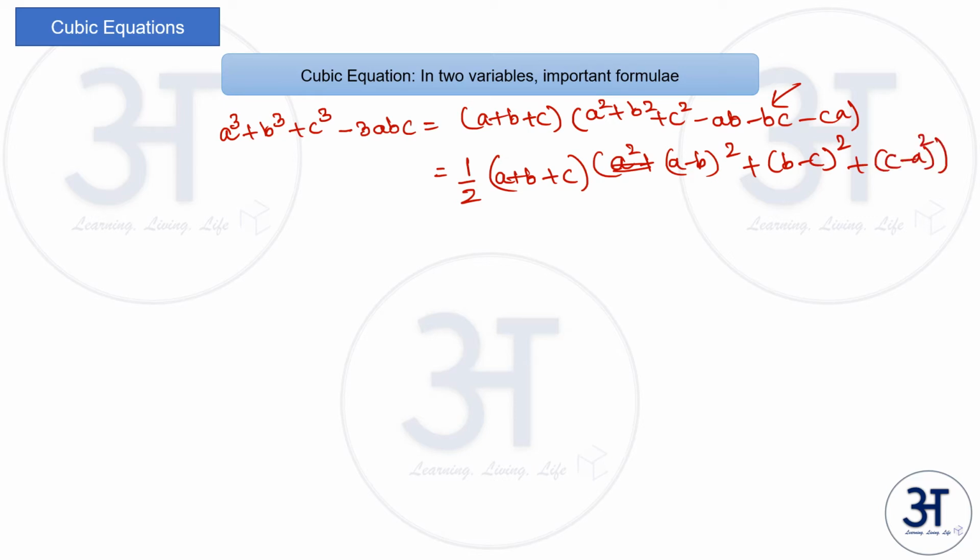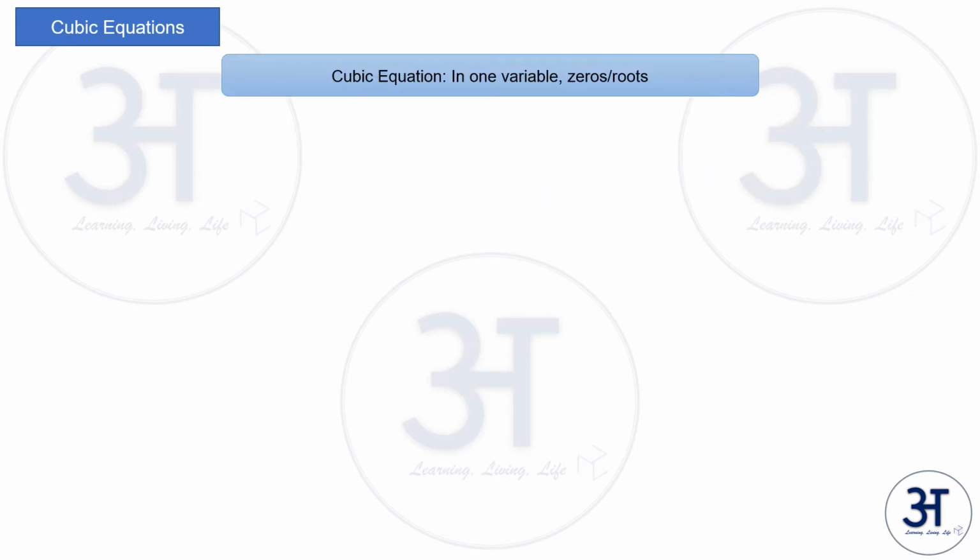Right? So once you understand this, once you remember this, it becomes very easy for you to solve some of the problems in algebra. They may give say 3 terms such that their sum is equal to 0, and they may ask some of the properties of say this part or this part of this equation. So this equation really comes in handy in solving some of the complicated looking problems. So let us now move further now that we understood the basic equations.